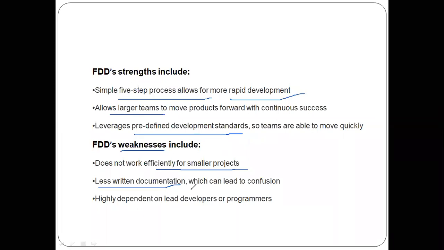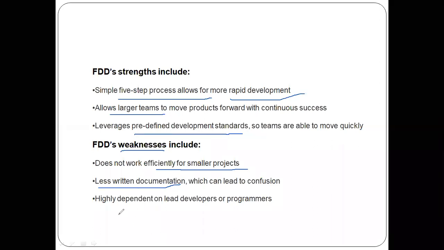If we get any kind of errors in such projects, we can't find them easily. We can't find where we made some mistakes. Why? Because we don't have any documents. So we don't find the mistakes, and it will be a time-consuming process, isn't it? So it is the second point. It has only less written documentation. It's also one of the drawbacks.